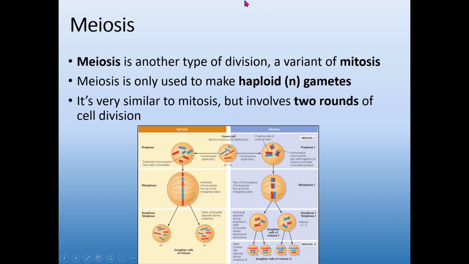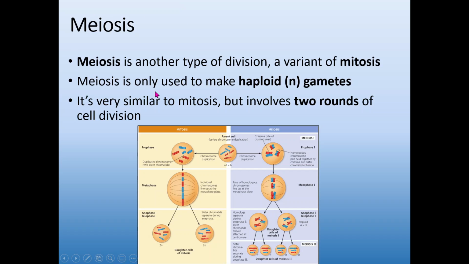We are also going to run through meiosis. I've already talked about it in general terms in a previous lecture, but just to run through the steps again so that you know them, it is very similar to mitosis because it evolved from mitosis. Mitosis was the original form of cell division, and then in sexually reproducing organisms, we evolved this extra step. So the phases are all essentially the same with a couple of key differences.